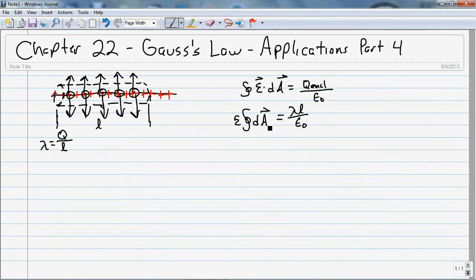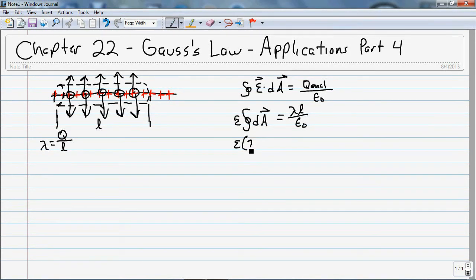Now, I really got to think about my electric field that's coming through my Gaussian shell to be able to calculate my integral. Well, the electric field is coming out of the circular part, but there is no electric field coming out of the end caps. Because there's no electric field coming out of the end caps, I don't need to include those in my integral. So it's just the circular part, and that's just going to be equal to